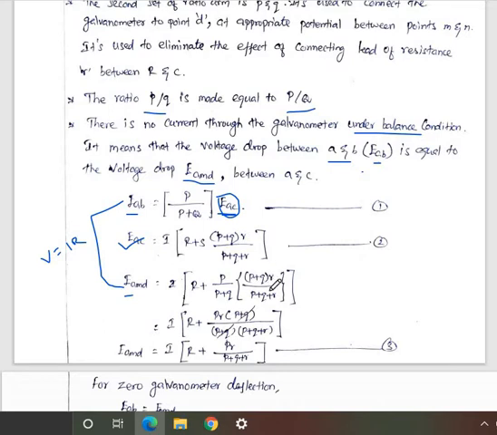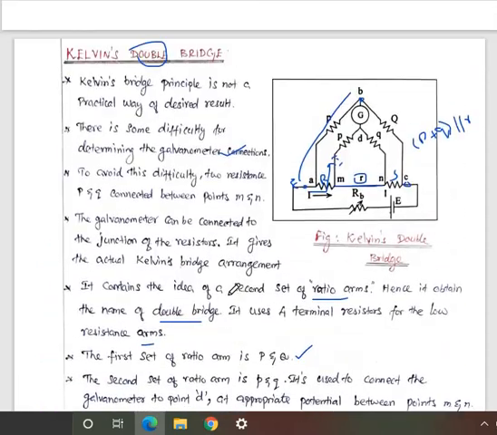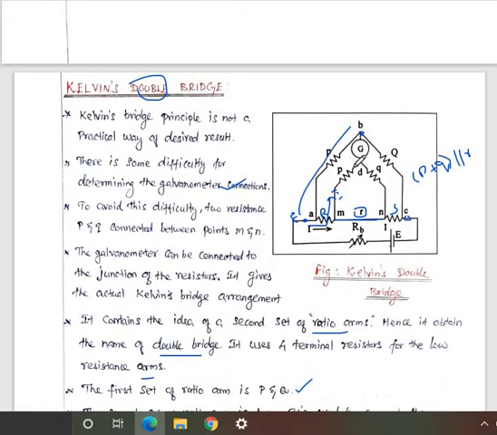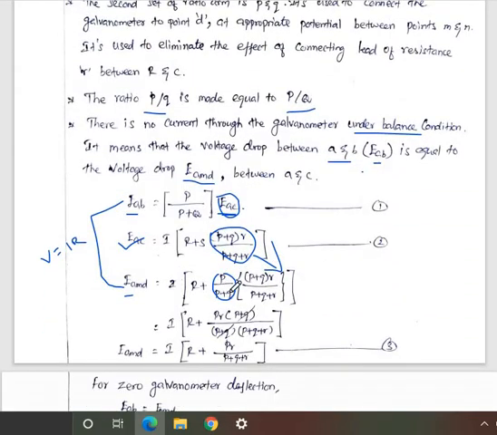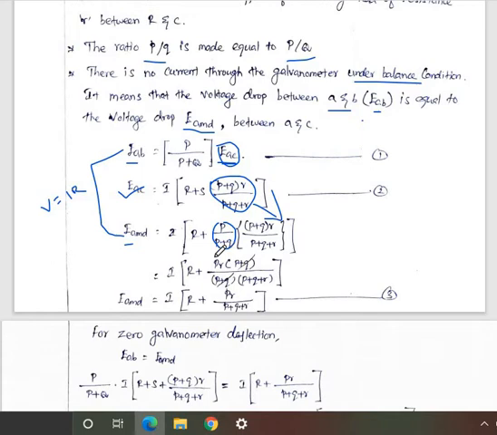That's what you can put here, and the same will appear here, but it should be multiplied by the parallel resistance, the parallel impedance, so capital P by P plus Q. Capital P divided by that resistance should be parallel, and it should be available here as P by P plus Q. You can take the value capital P by P plus Q, with P plus Q in parallel with R, and the remaining is the same. You can multiply that and expand the equation.